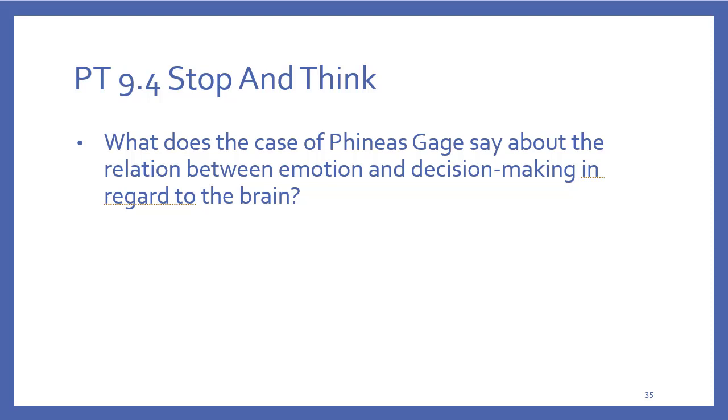And because the limbic system sprawls throughout the brain, that makes a lot of sense, because if you have an injury to some part of your brain that's related to decision making, then you're probably going to have some kind of emotion that's tied to it too. So this says that there is a space in the brain where those two intersect, and if you have damage to one, you're probably going to have damage to the other.